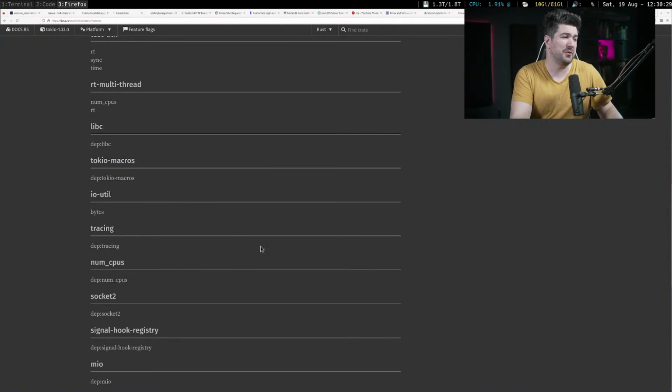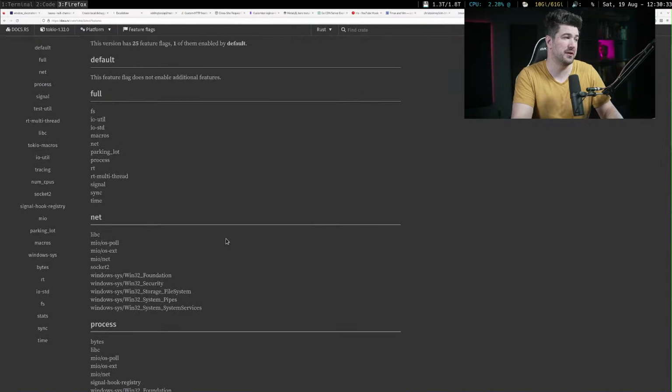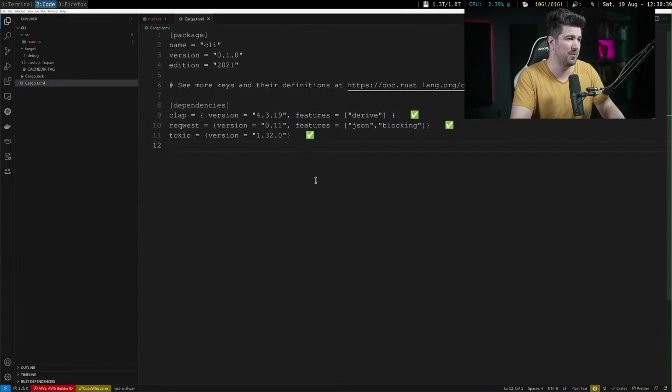But yeah, my only problem with this is it's sometimes hard to tell what parking lot actually gives you. I actually think for my thing I want people to just do, I forgot about this, Tokio has this, which is a nice one. You can just do full, which is a nice feature set. I know you probably shouldn't do this on a lot of stuff, but